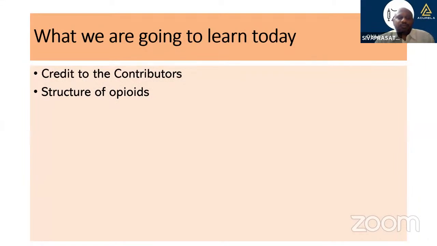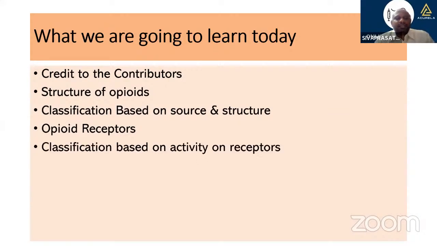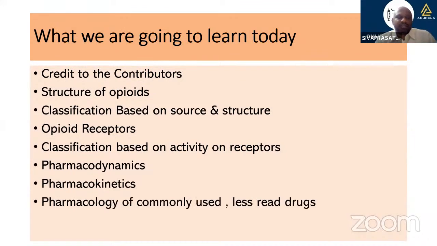Then we'll learn a few things about the structure of opioids so that we remember how they are classified based on the source and structure. We'll also look at how opioid receptors behave when they are bound with the ligand so that we can understand how the classification is based on activity on receptors. We also look into the pharmacodynamics so that we understand the structure and activity of the mu agonists, and pharmacokinetics on how we choose these drugs, and